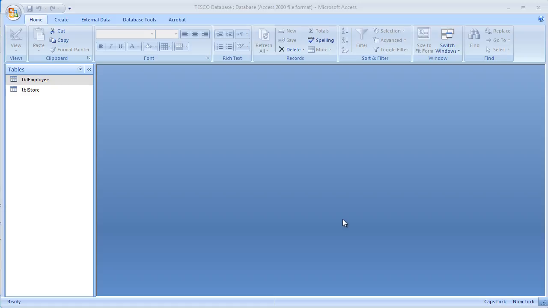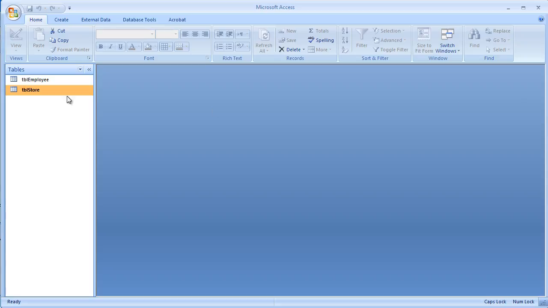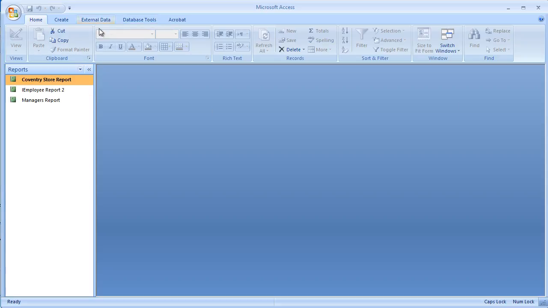Welcome to this learning tutorial. In this tutorial, I'll quickly show you another example of creating reports. This report I'm going to create is going to print information that is coming from the store. The table called store is keeping information regarding stores. I want to print this information, and I want to create a professional report to print this information. So if I switch back to reports,